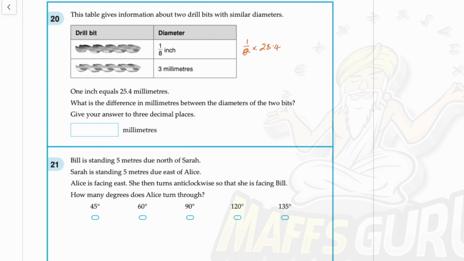So 25.4, in this situation I can just divide by 8, which gives me 3.175 millimeters. That's 3 millimeters, and because it wants the difference in millimeters, I'm going to take away 3, and then it says give your answer to 3 decimal places,